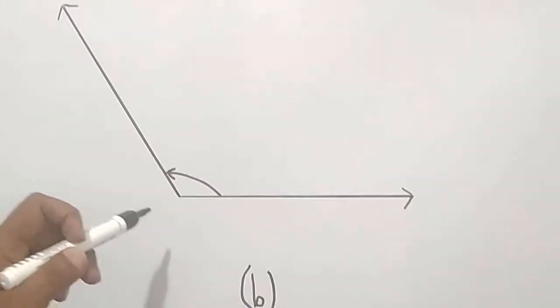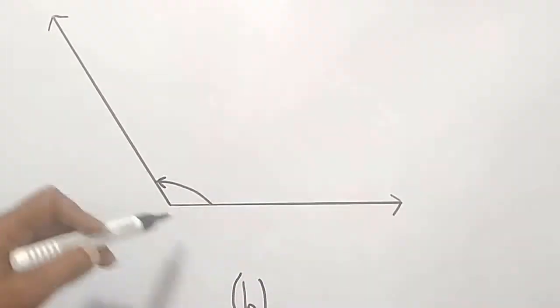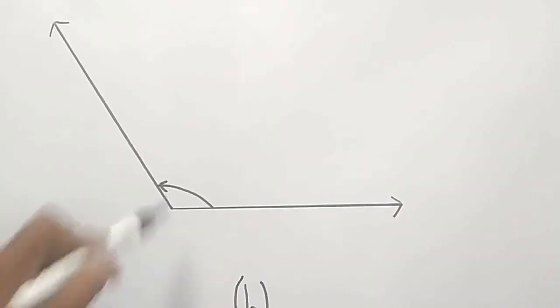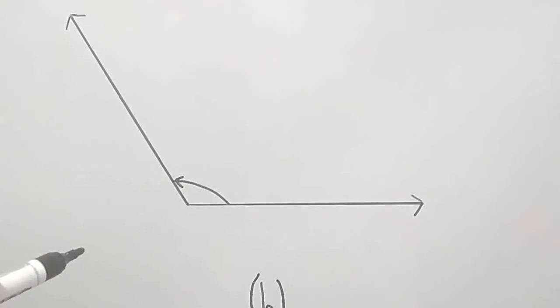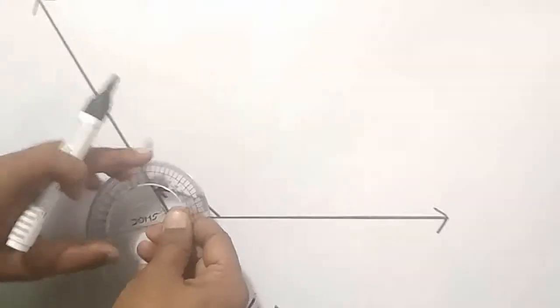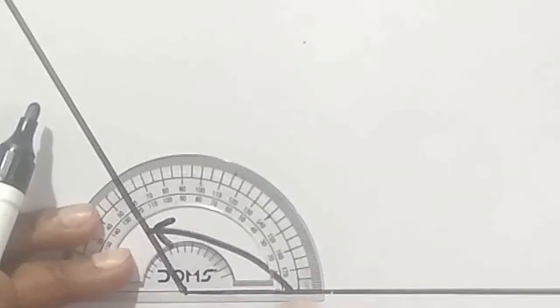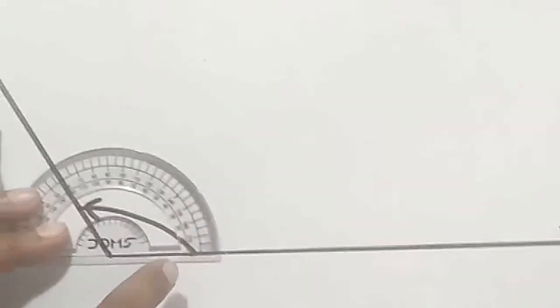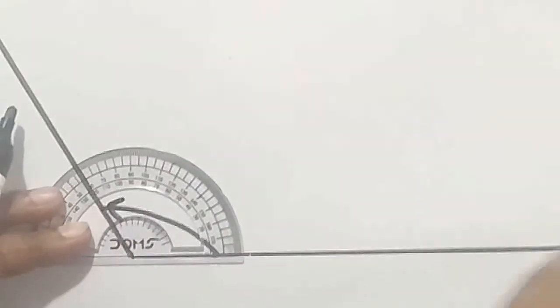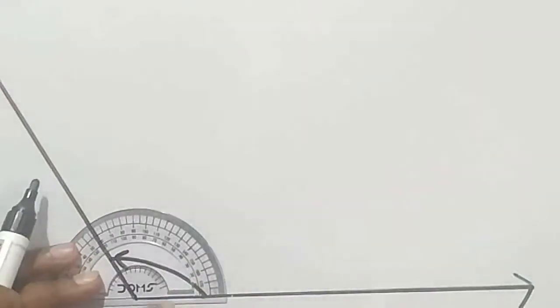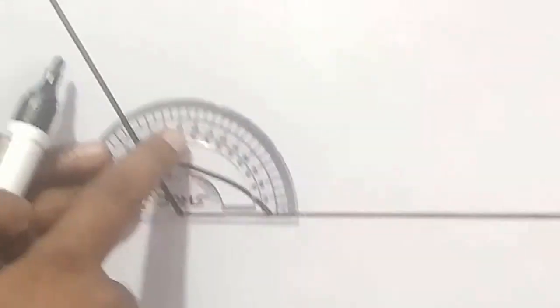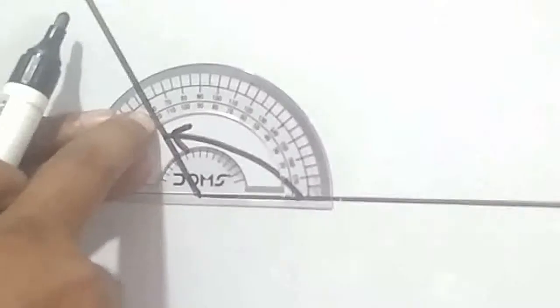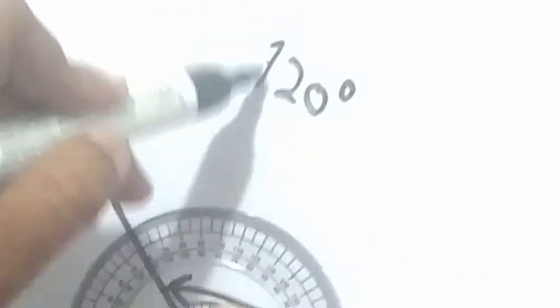Now it is figure B. In this figure there are two arms, this and this, and this is the vertex. First we place the center point of our protractor on this vertex. Set this edge of the protractor with this arm. This should coincide, and then we start reading the inner scale, because this side is the figure. We start reading the inner scale 0, 10, 20, 30, 40. It is 110 and it is 120. So the measurement of this angle is 120. We can write here 120, the measurement for this angle.